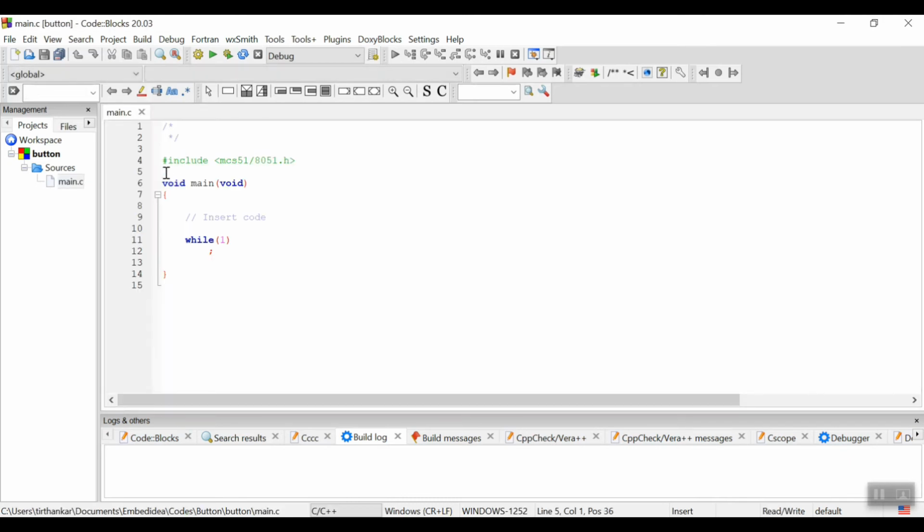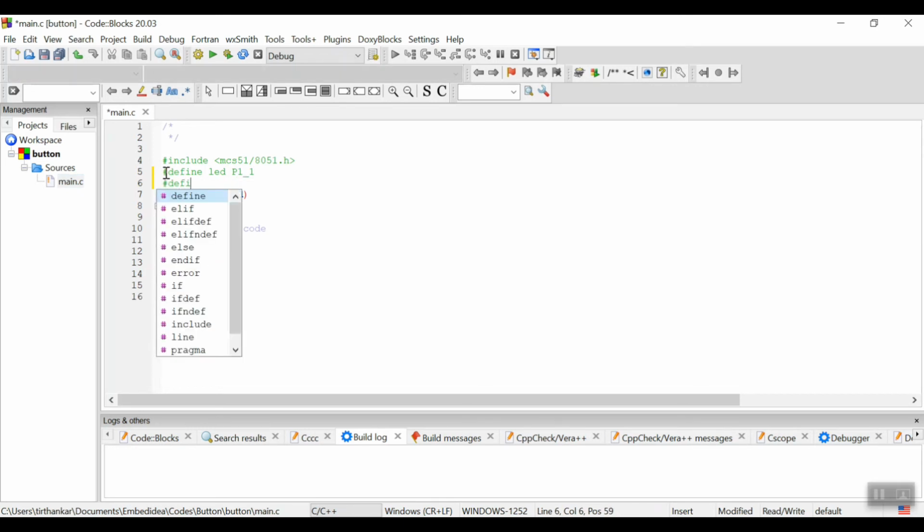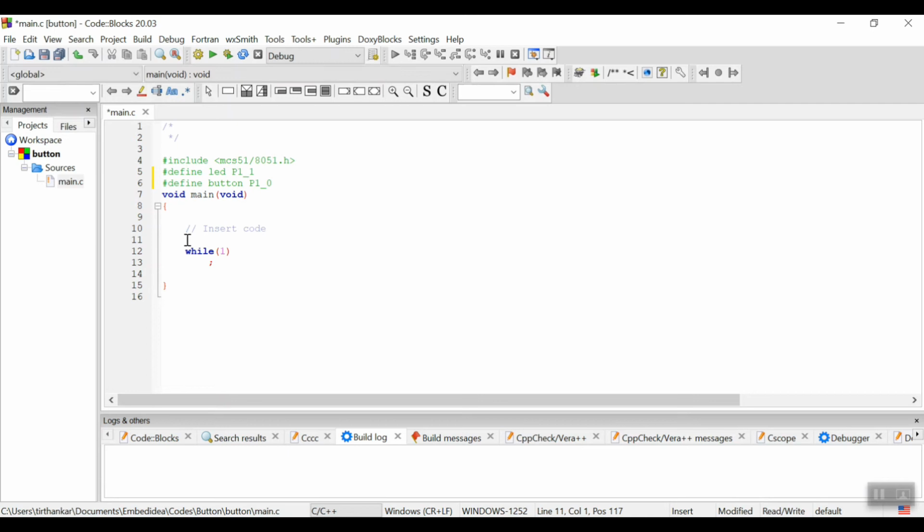So here let's define the LED at P1.1 and button at P1.0. Now here I want to tell you one important thing. Whatever pin you want to configure as input, you should initialize it as 1.